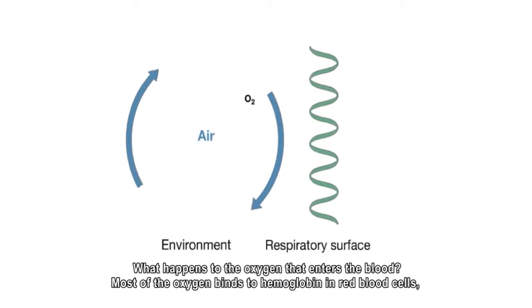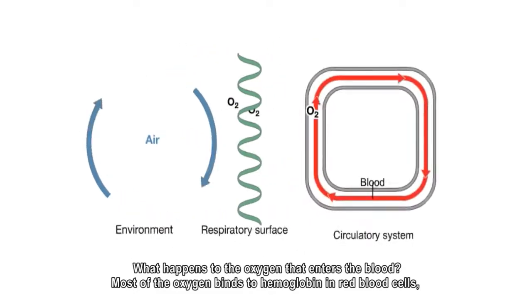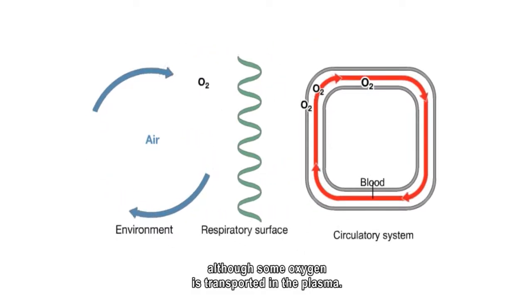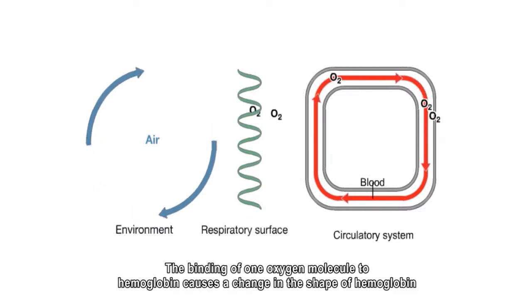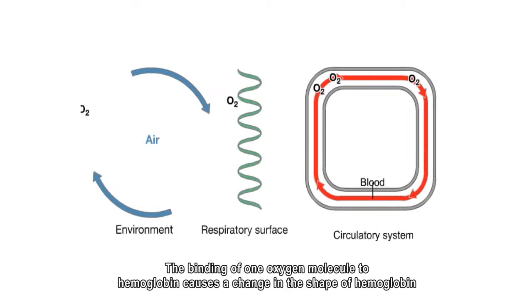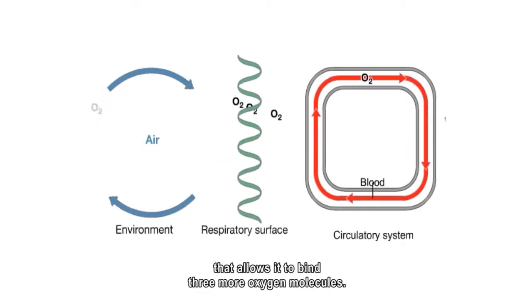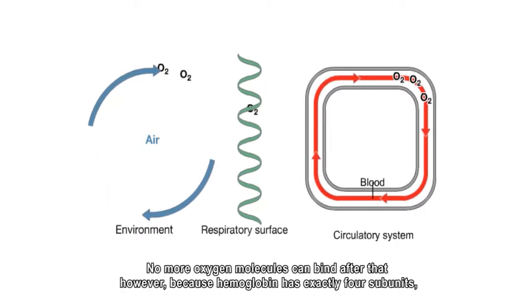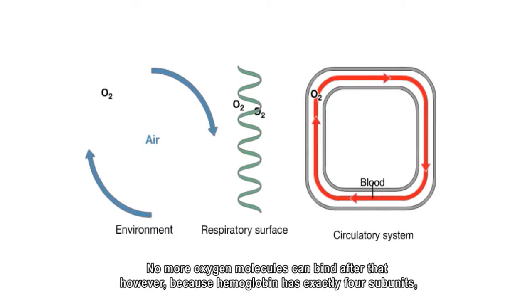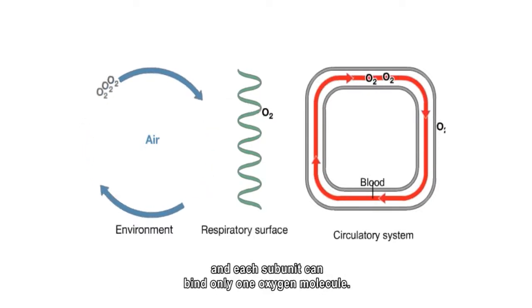What happens to the oxygen that enters the blood? Most of the oxygen binds to hemoglobin in red blood cells, although some oxygen is transported in the plasma. The binding of one oxygen molecule to hemoglobin causes a change in the shape of hemoglobin that allows it to bind 3 more oxygen molecules. No more oxygen molecules can bind after that, however, because hemoglobin has exactly 4 subunits, and each subunit can bind